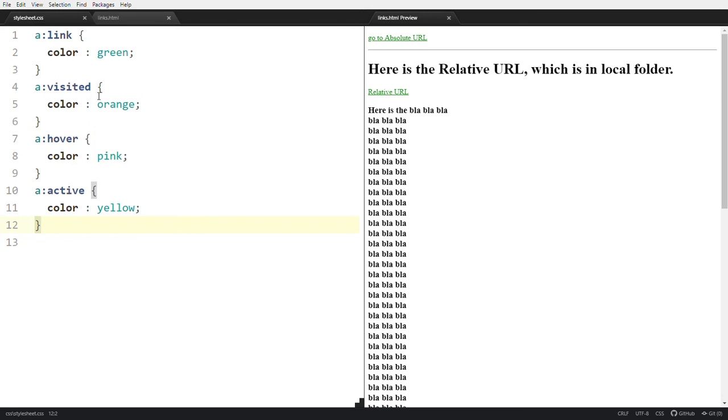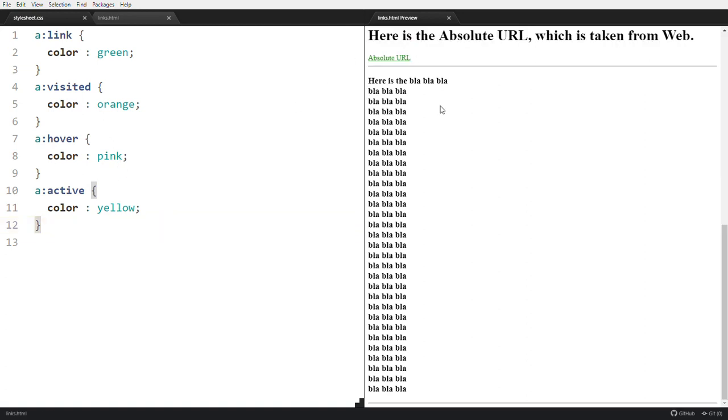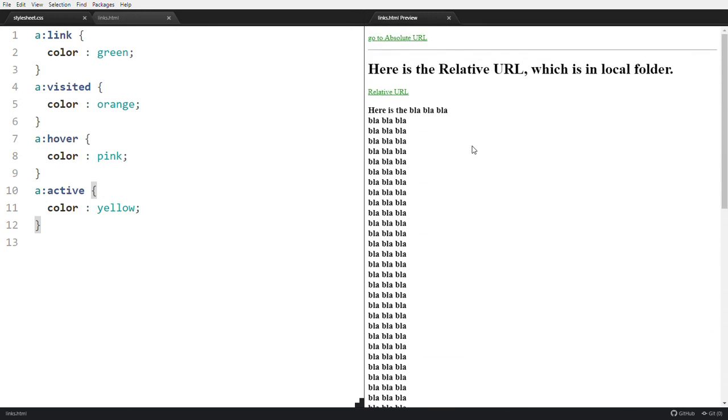When you move the arrow symbol to that link, it converts to a hand, and the color converts to pink. When you click on that, we reach the absolute URL.